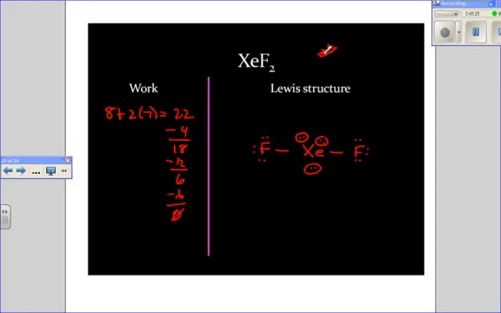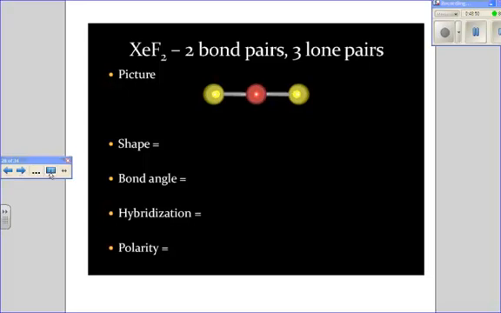And this one's interesting in a lot of ways. First of all, this should be weird. You've got xenon, and it's bonding. It's a noble gas, and it's bonding, and that happens sometimes. The other thing that's strange is that it's 3 lone pairs giving me 2 bond pairs, and 3 lone pairs, that's a 5 total group. And again, I'm going to attack the triangle, and this time